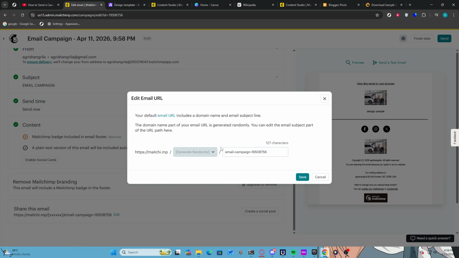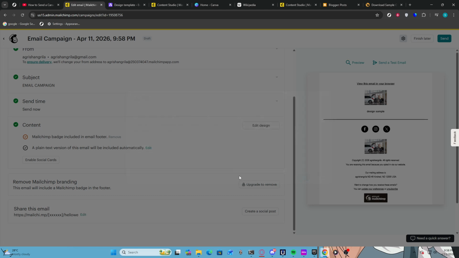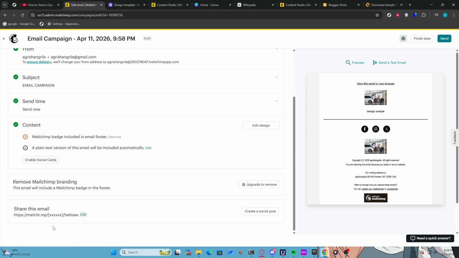Ensure that the URL you choose is appropriate and aligns with your campaign's goals. This customization allows for better tracking and identification of your campaigns. Finally, click on the button labeled Save to apply your changes. After this action, a confirmation message should appear indicating that your changes have been successfully saved. It is advisable to verify the new URL by navigating to the updated campaign page, ensuring that everything is set